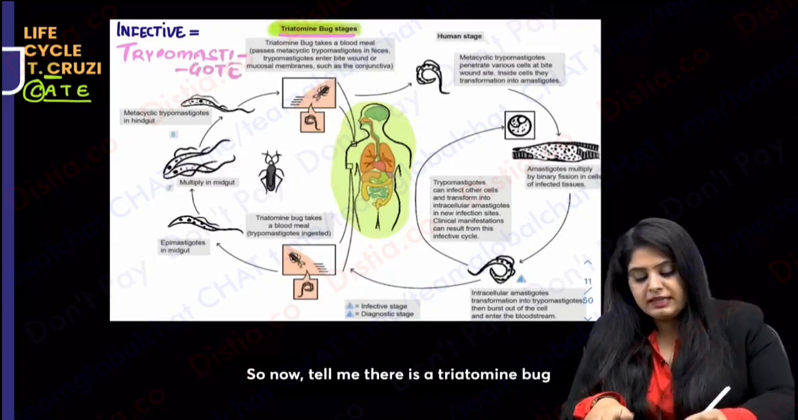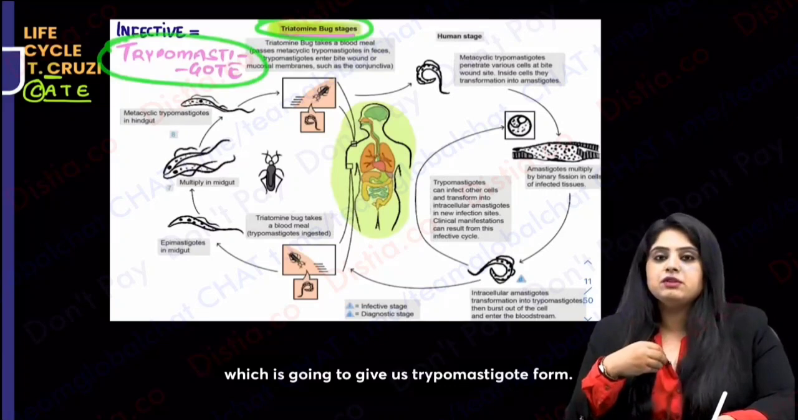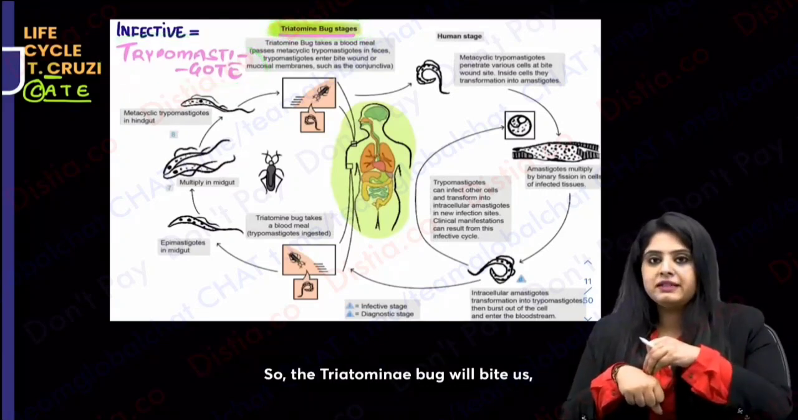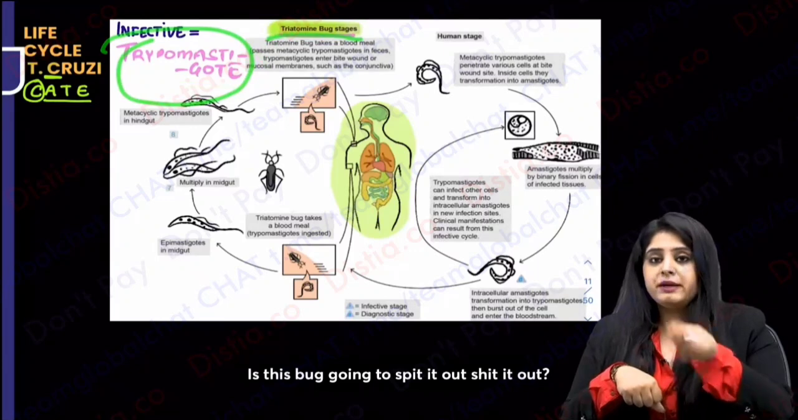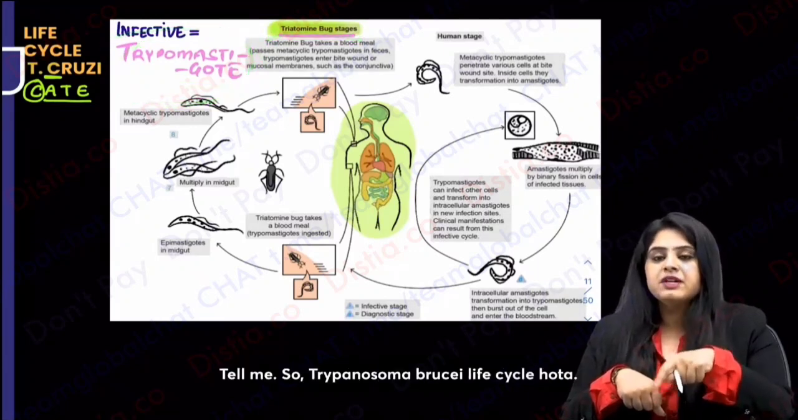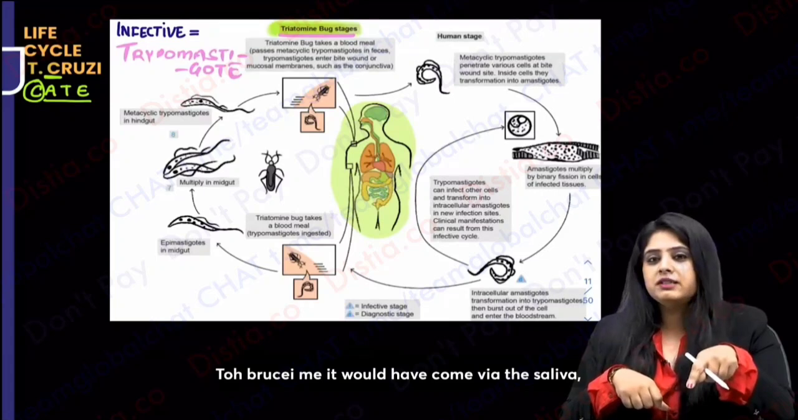So now tell me, there is a triatomine bug which is going to give us the trypomastigote form. The triatomine bug will bite us, but how is the trypomastigote coming out? Is this bug going to spit it out or shit it out? Tell me. In the Trypanosoma brucei life cycle, it would have come via the saliva,